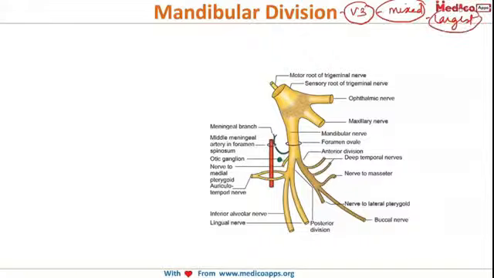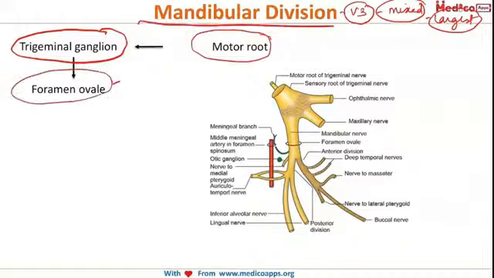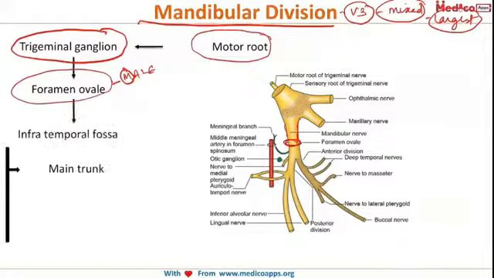Okay, so after it exits the trigeminal ganglion, it is running along with the motor root of the trigeminal nerve. Okay, so together with the motor root, mandibular division exits the cranial cavity through the foramen ovale. Remember M-A-L-E, right? So M was mandibular division of the trigeminal nerve. So here is where it is exiting the cranial cavity through the foramen ovale, and from there, after it exits